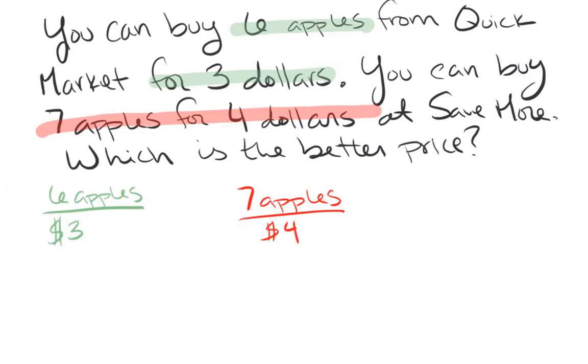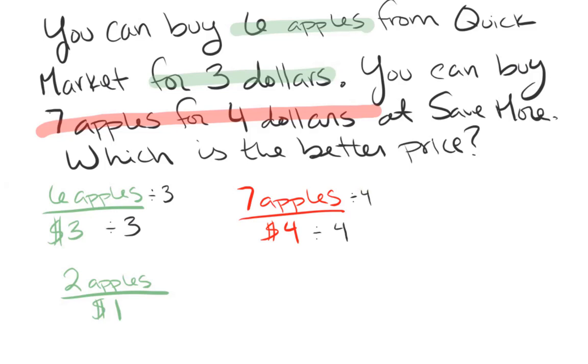One of my ratios is 6 apples for $3 and the other is 7 apples for $4, and I want to know which one is the better deal. In order to do this, I'm going to find each as a unit rate. In order to do that, I'm going to divide both the numerator and the denominator by the denominator. Looking at the first one, 6 divided by 3 will give me 2, and 3 divided by 3 will give me 1. Looking at my other rate, I'm going to divide both the numerator and the denominator by the denominator,